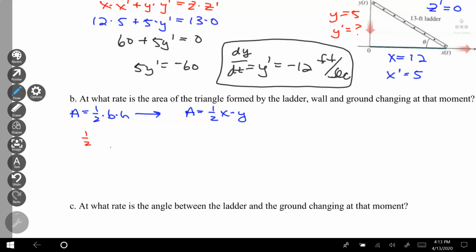I have 1/2 x, and that derivative is 1/2 x prime, and I have y, and that derivative is y prime. So when I take the d dt of all this,